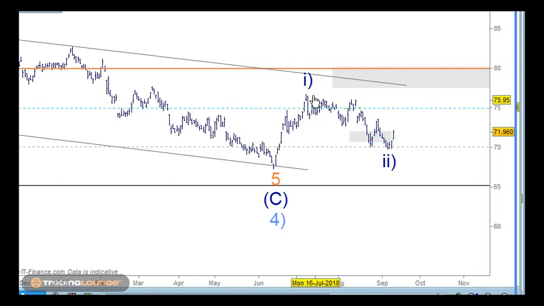So I've always looked at it as a corrective wave here, such as an A and a B and a C wave here, in terms of 1 and 2 and 3 and 4 and 5. So I think we could have a low in here, but once again, it's not that... it's done all the right things. So we need to see some more price action in here.